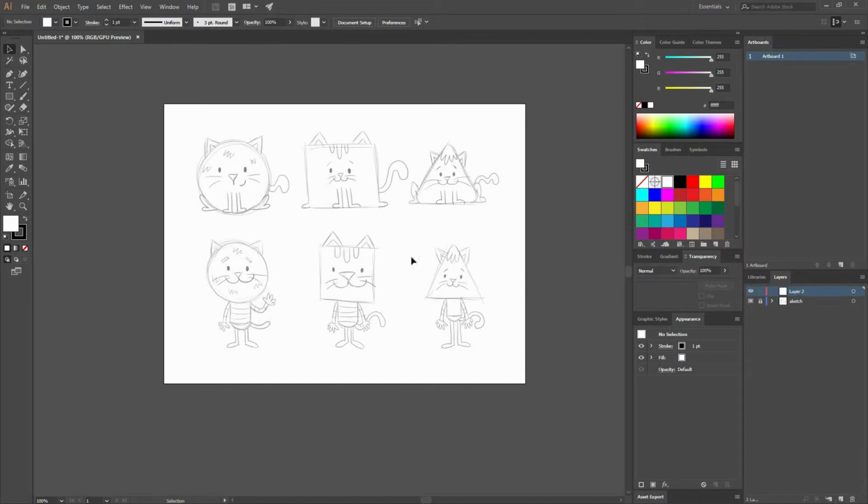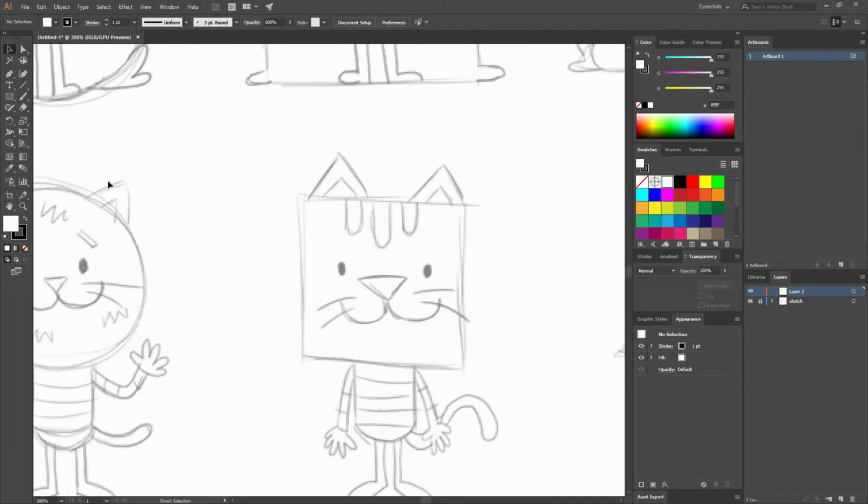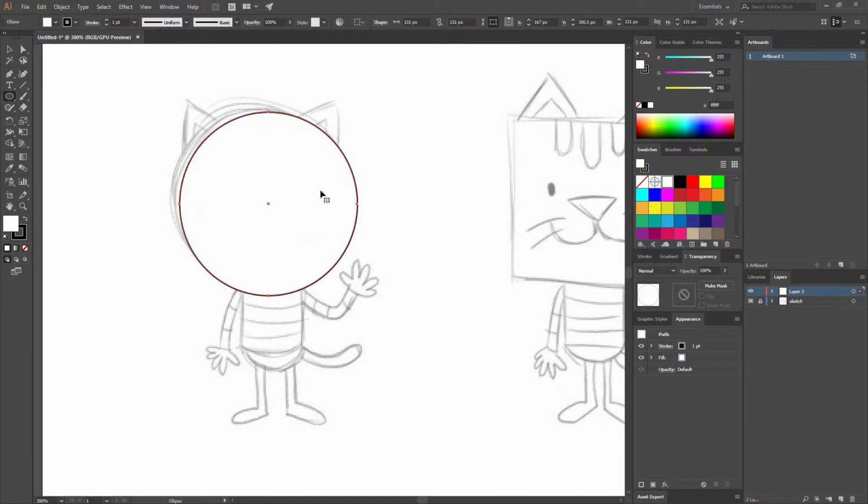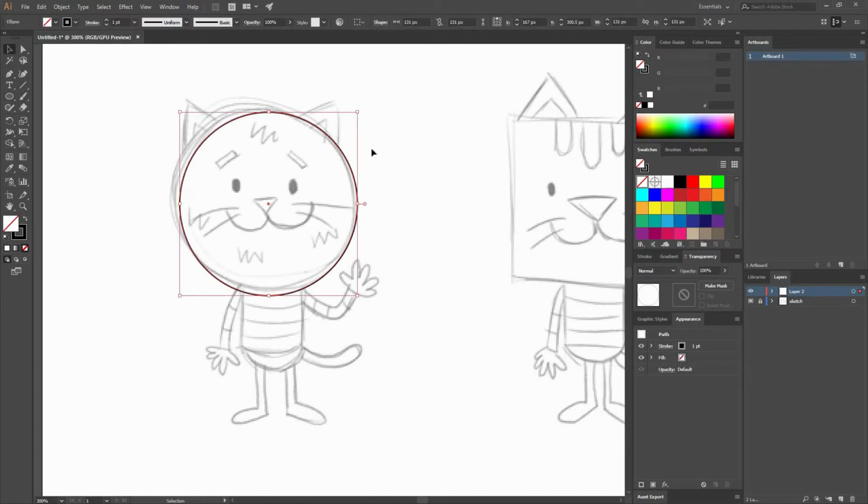So we're going to create a new layer. And now we're going to begin working on the cats. We're going to pick two of them to work on in this course, but feel free to pick all of them or keep working on them to experiment and get new things. So I'm going to go to this cat, and I'm going to be basically working on basic shapes. I'm going to go to my ellipse tool, or press L on my keyboard, and press Shift while I create this to make a circle. Remove the fill, because at the moment we don't need it, and let's just work with the strokes.